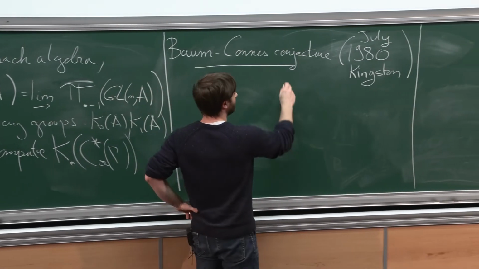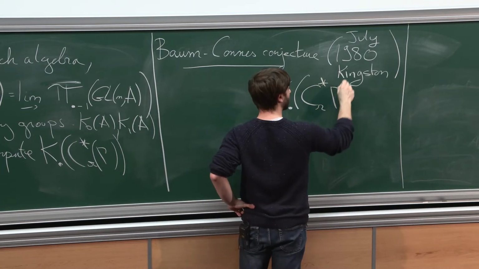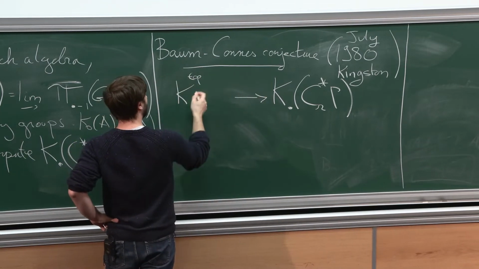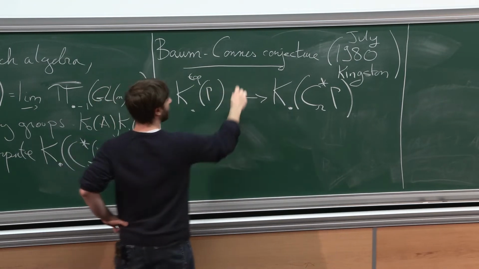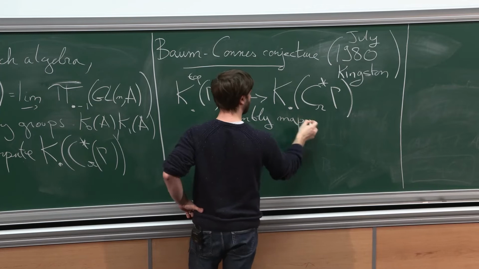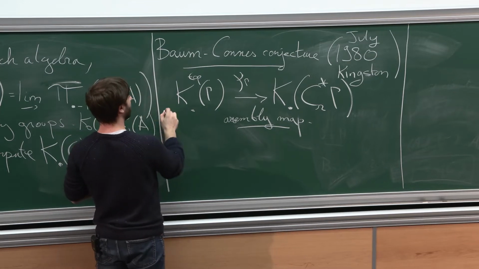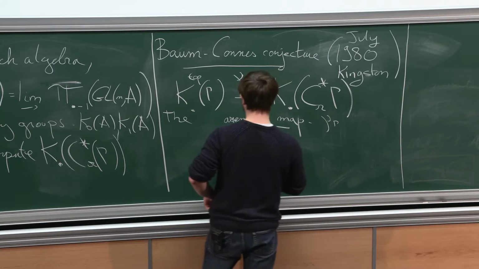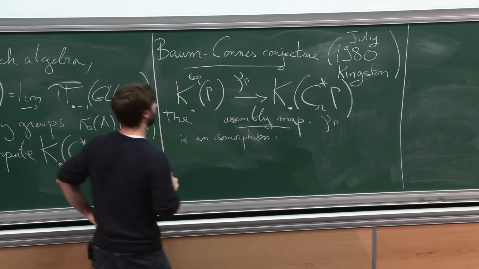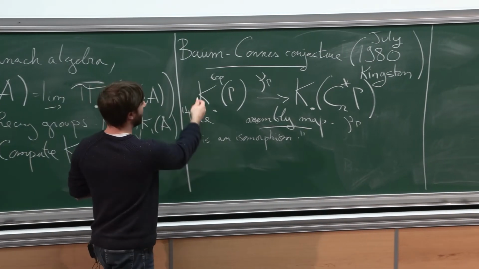And what is it? It's the following. They define a map that takes values in the K-theory groups which I'm interested in, and here you have some group. This is called the assembly map for gamma. And the conjecture is that the assembly map is an isomorphism. I will put quotes to say that it's a statement. And the point is that the left-hand side